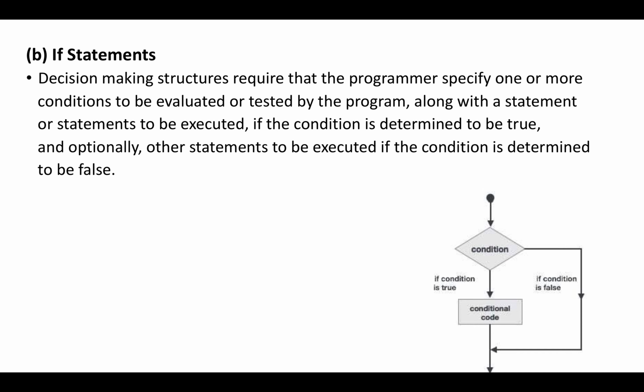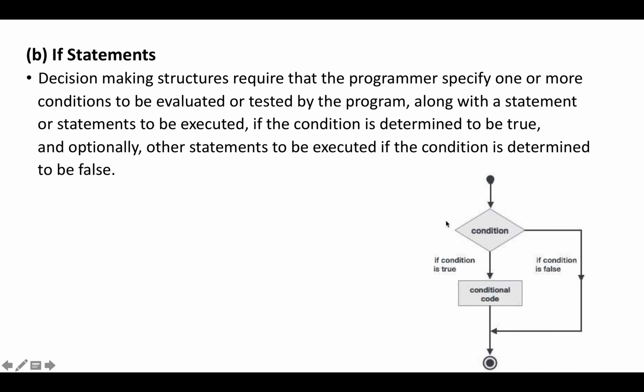Alright, so if I take the help of a flow chart in explaining this if statement, the flow is coming from top to bottom, and there is this diamond shaped symbol, and the condition is written in this. Depending upon whether it is true or false, there are 2 arms going out from this condition. So if it is true, a certain set of statements needs to be executed. If it is false, it has to bypass this set of statements. You can also mention a certain set of statements here as well in case of false.